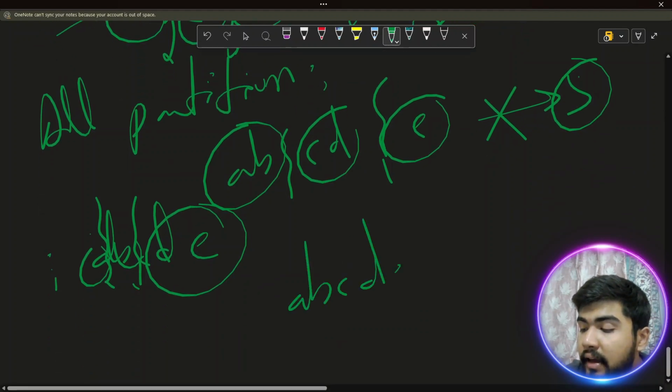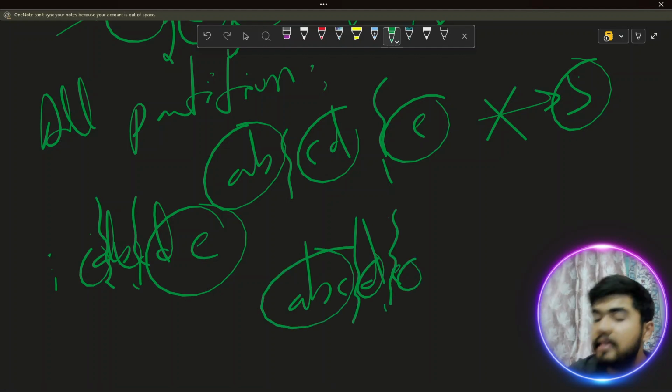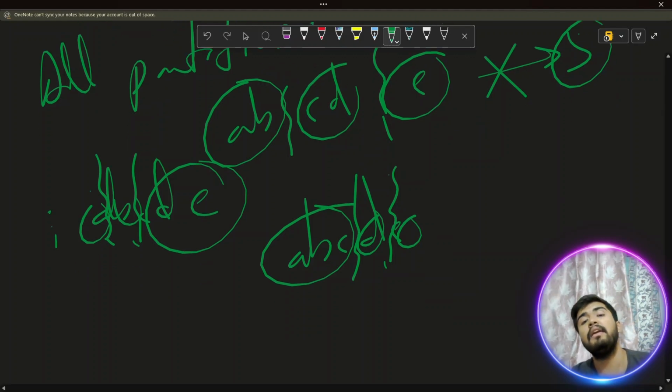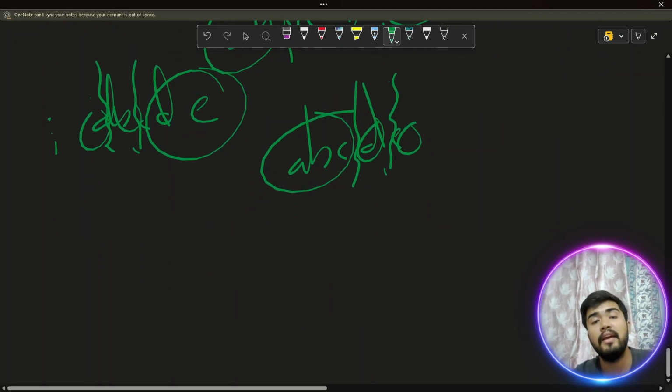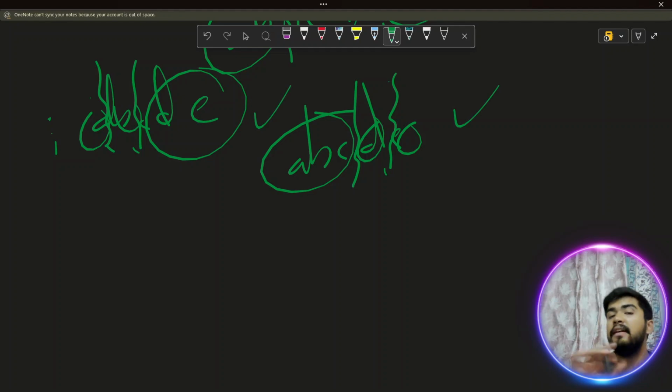A, B, C, D, E: you can do a partition here and a partition here, then this and this are the groups. Now, if we are doing the partitions in such a way, you can find all the partitions you have done, and out of them,